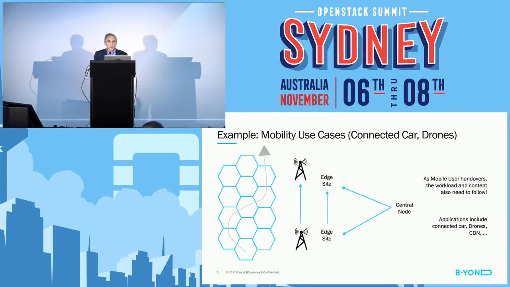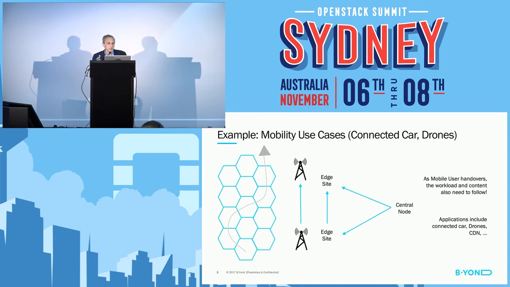I want you to think of a mobile handset, a cell phone, which you're using, for instance, to view a video. You're streaming a video from a central node towards your handset, and you're maybe driving in a cab or riding in a cab as you're watching this video. And as that video streams, you would want to cache it close to where it's consumed, close to the cell tower, in an edge node.